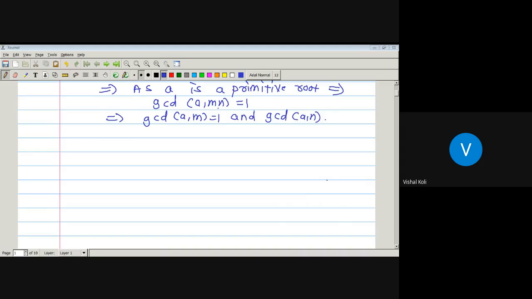If n greater than or equal to 1 be any integer and a be any integer which is relatively prime to n, then